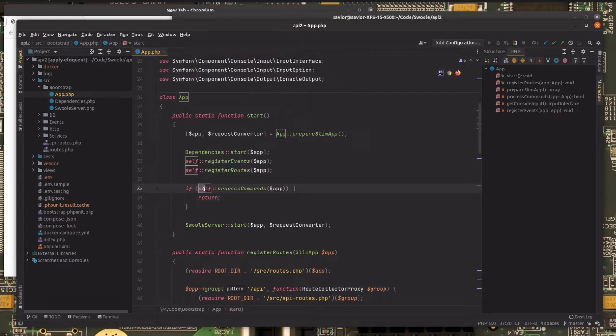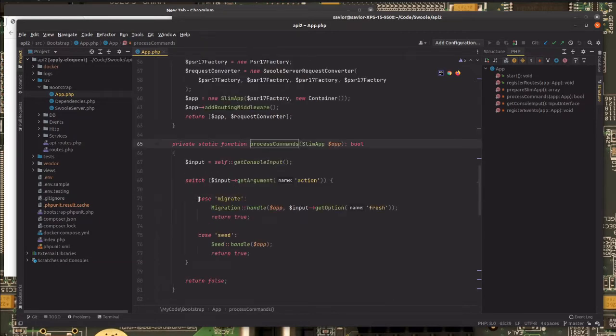So these commands are something like, if the execution happens to have some arguments in the console, in the command that is actually running this script that we are handling, we will process that. Otherwise, we won't. So if we go to the process command method, we'll see in case the action, which is the first argument after the index.php,